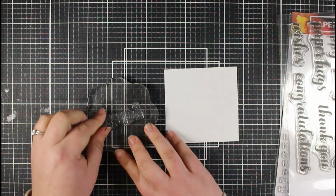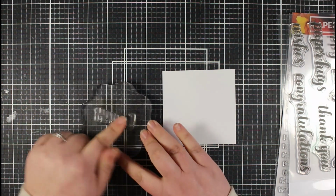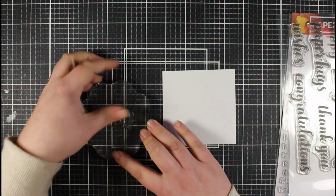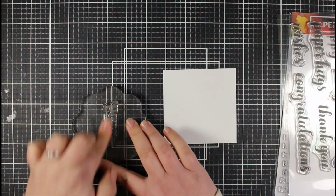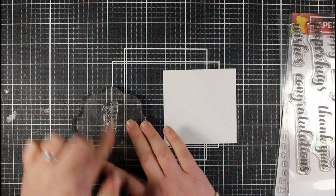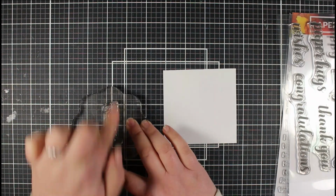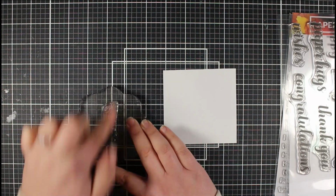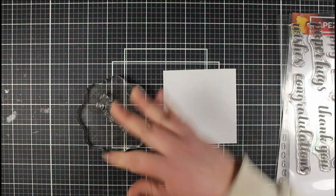So the first thing you want to do when you get your stamps out of the packaging, when they're brand new, is condition them a little bit. So I've just been rubbing my finger along it. Sometimes there's a little bit of residue left over from the manufacturing process, and sometimes your ink can bead up on it, but I've literally just rubbed my finger over, and with the inks that